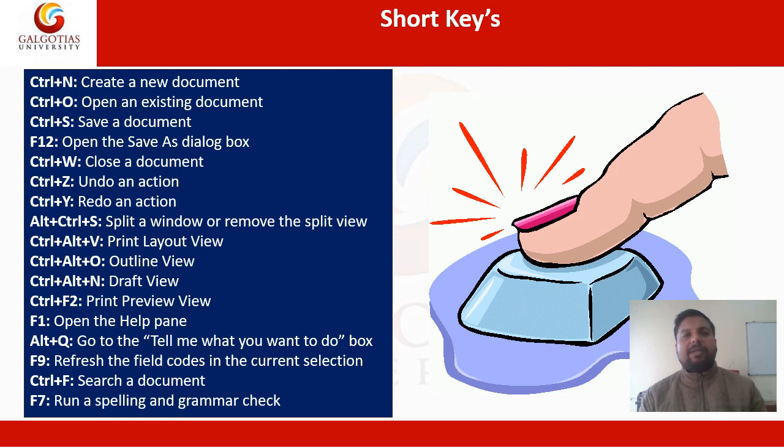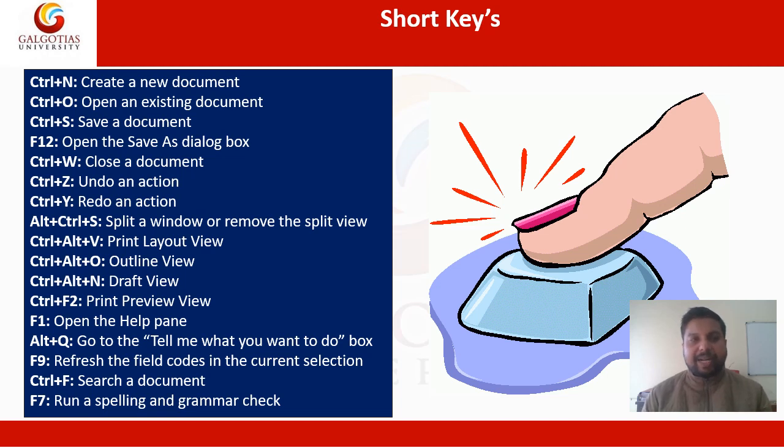Just select the word and use Control U, and it is underlined. Then if you want to give an effect like italic to any word, you use Control I. Whenever you select any word and press Control I, that word converts into italic.